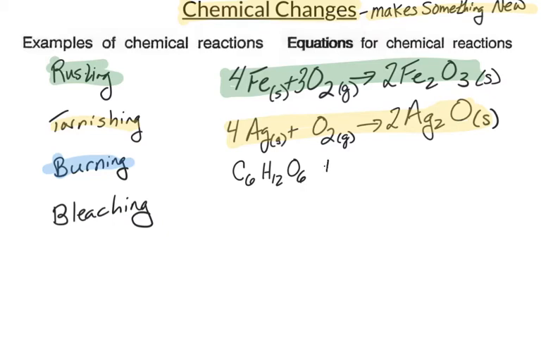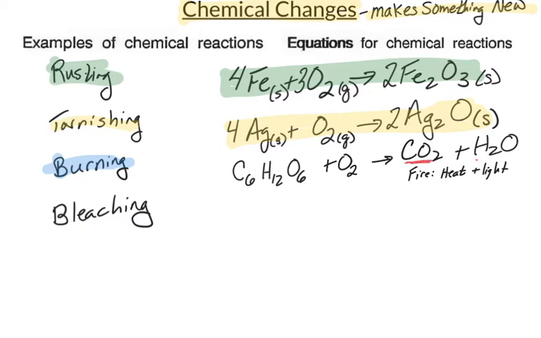And we're going to add oxygen to this, and when that reacts, it creates what we would call fire, and we make ashes and things like that. But we're going to see that we're going to make CO2 and water. Those are the two major chemicals. So we'll write CO2 plus H2O,